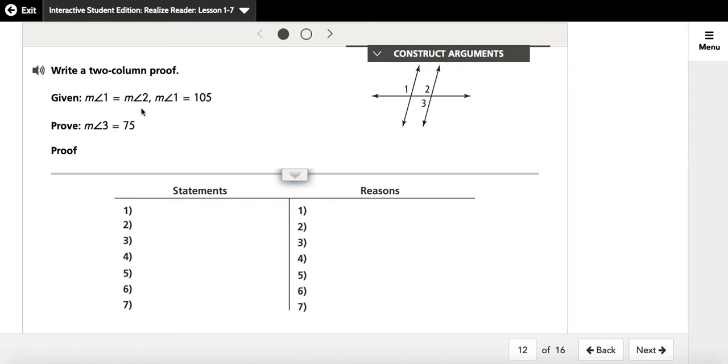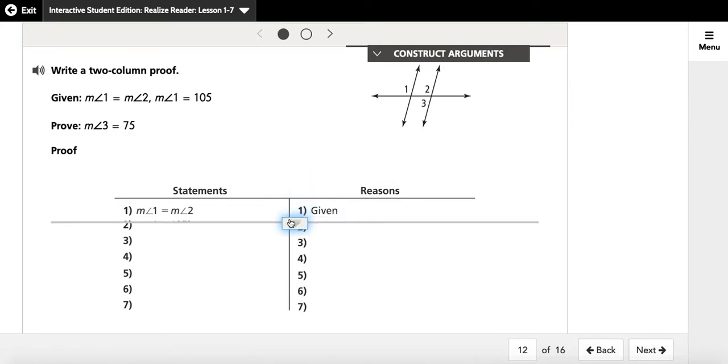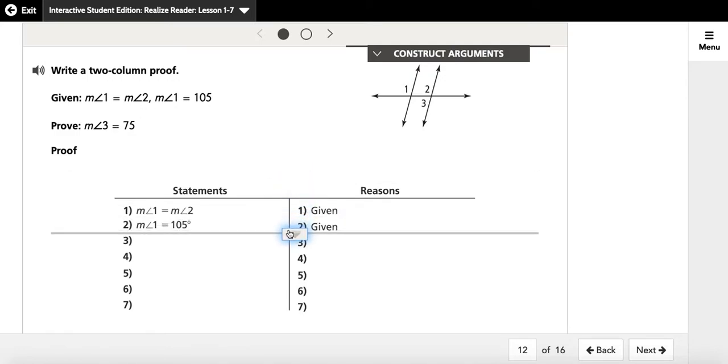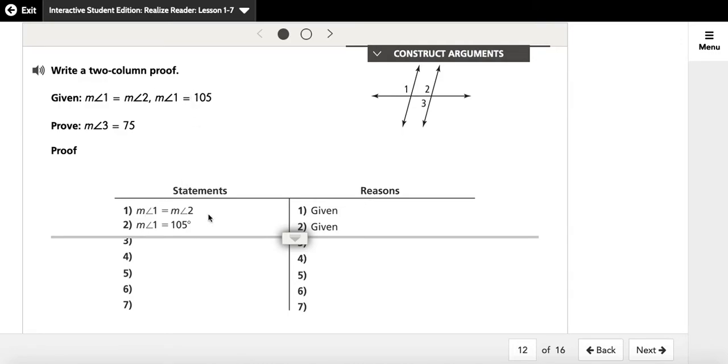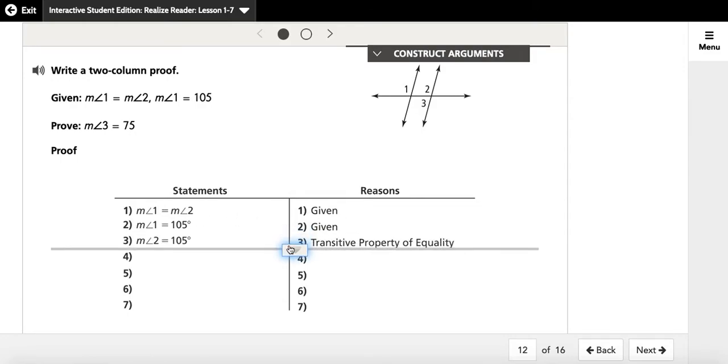Given. I love when there's two given statements because then I can put them down as two different statements, okay? You don't have to do that. You could have had this written in one statement, with both givens in statement 1 and the reason being given, but they did two different ones, okay? Then they went with, since the measure of angle 1 is 105, then the measure of angle 2 must be 105 because of the transitive property,